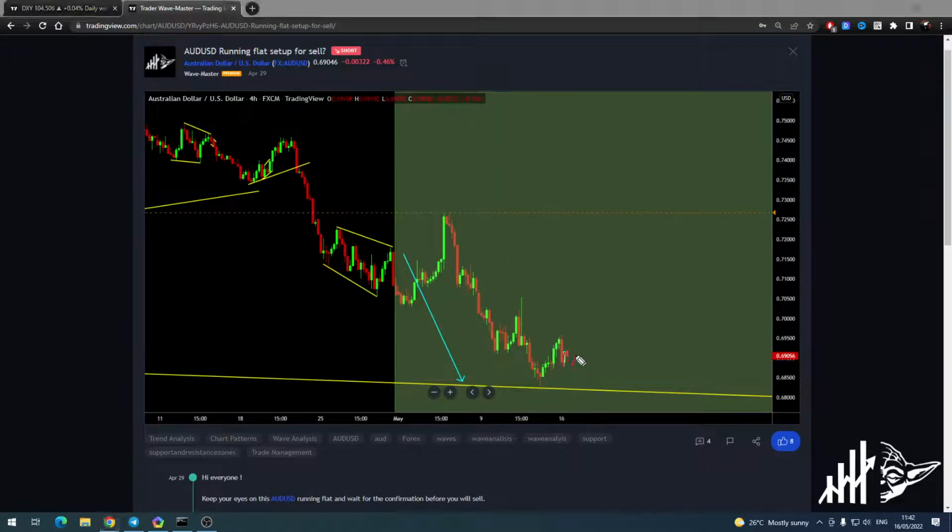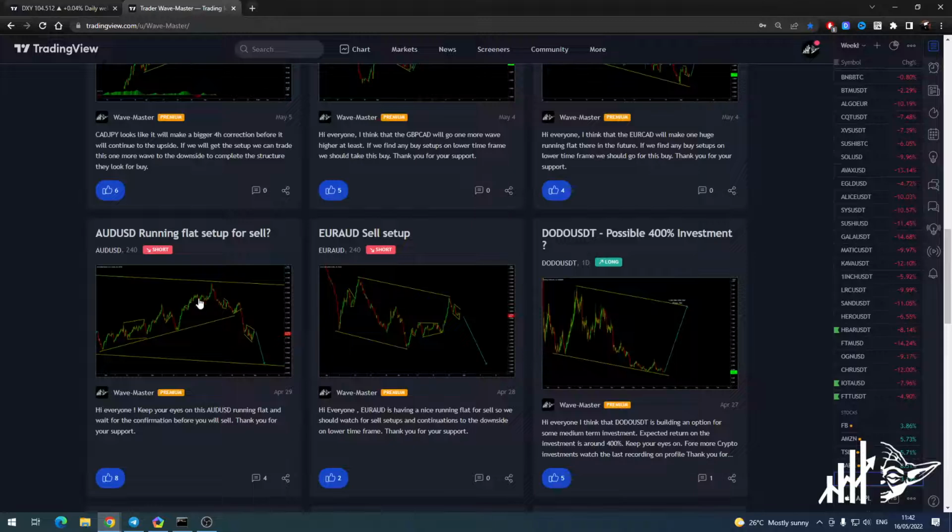Okay, so if this corrects there during the day, if you find the flat, take a sell, take your profit off, and it could still go up. Okay, it will go up, let's say. It ain't gonna go down, at least not from there. I would love to see the bigger correction if this wants to continuously push lower, but as it stands right now, I don't see this kind of behavior over there.